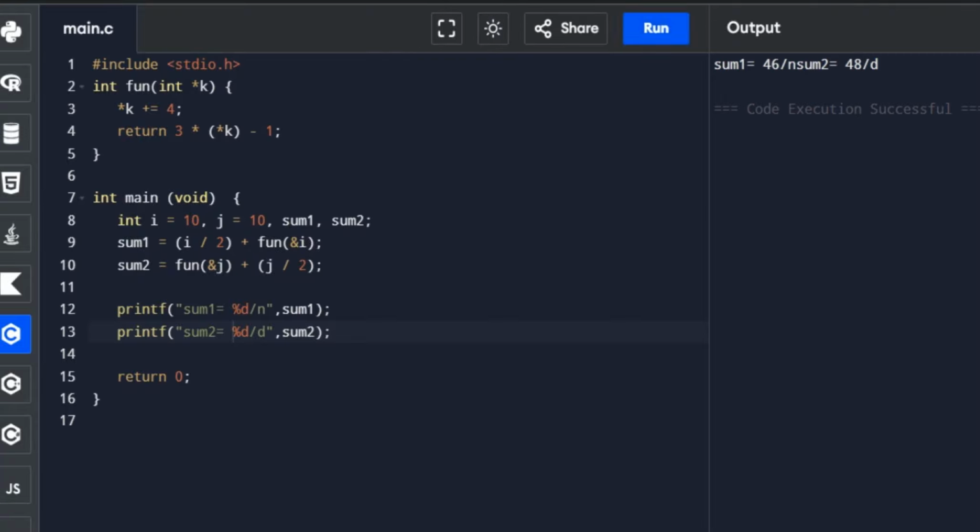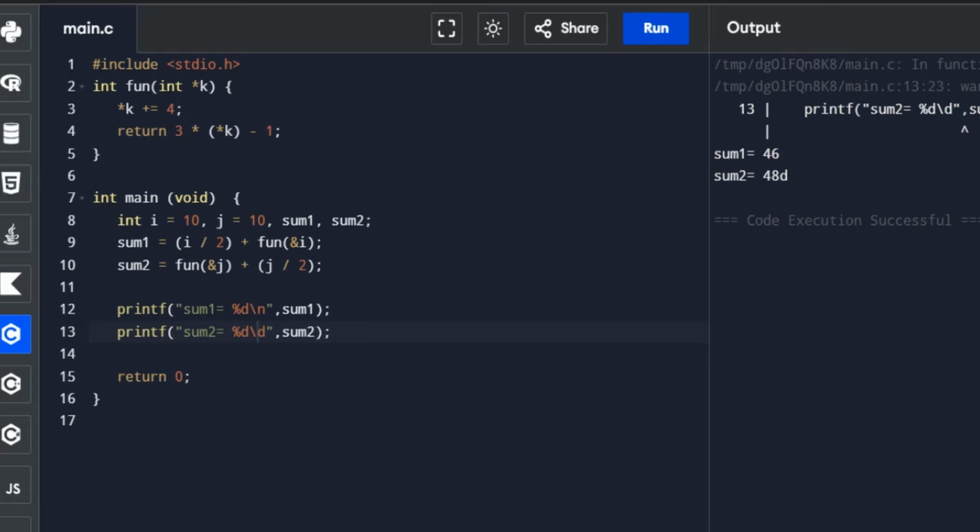So it's working, but sorry, I made a mistake. I don't know why it's not working, but the symbol is wrong here. It should be backslash. Let's see. Oh, I'm sorry. It should be